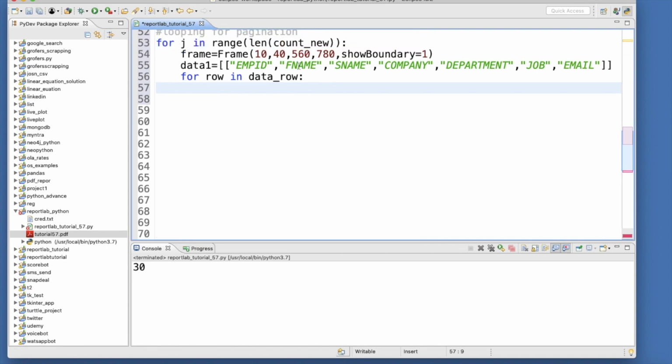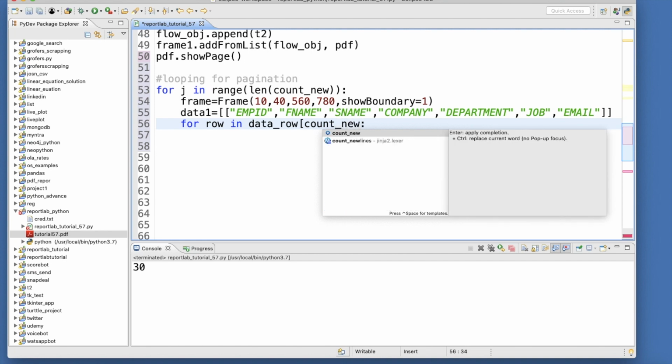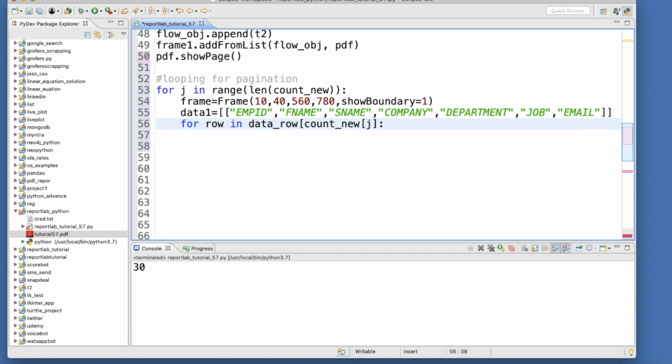Actually in the loop we need two conditions, if and else. So I'll be going to do the mistake first, then I will explain, and then I'll do it. Okay, so first thing first, like this, and if this is going to happen, then what will happen? So for data in data row, here actually we'll be going to use this thing, whatever we just now saw. It is going to start from 0, so it will be count_new j, and then